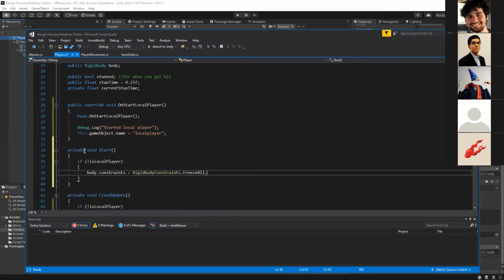So the only object in the scene that will have its constraints enabled or disabled will be your local player. And that means that any movement that happens for the other players will be entirely from the network transform and not because your client is doing physics on their player object.